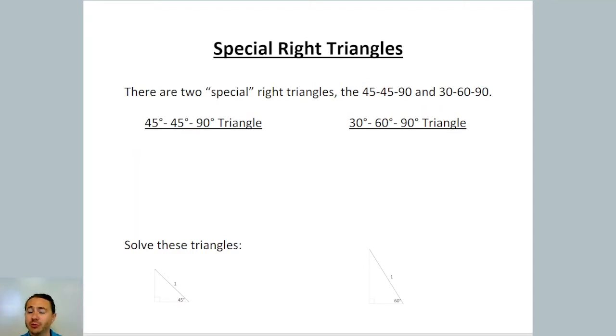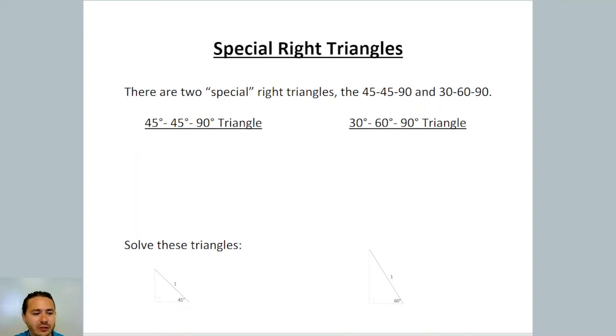But before we can really dive into it, I want to talk about something that you guys learned in geometry, and that was about these two special right triangles that have a certain proportion to their sides to help you solve when you don't know all the usual information regarding the sides and angles. So let's go over those two special right triangles first. The first one is the